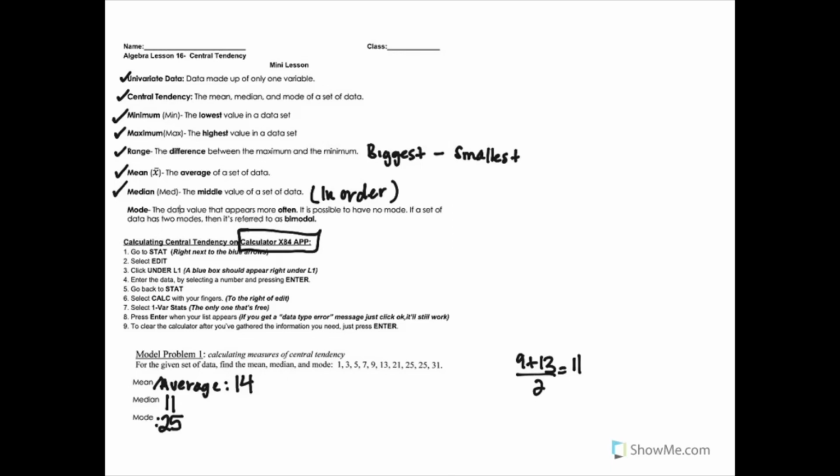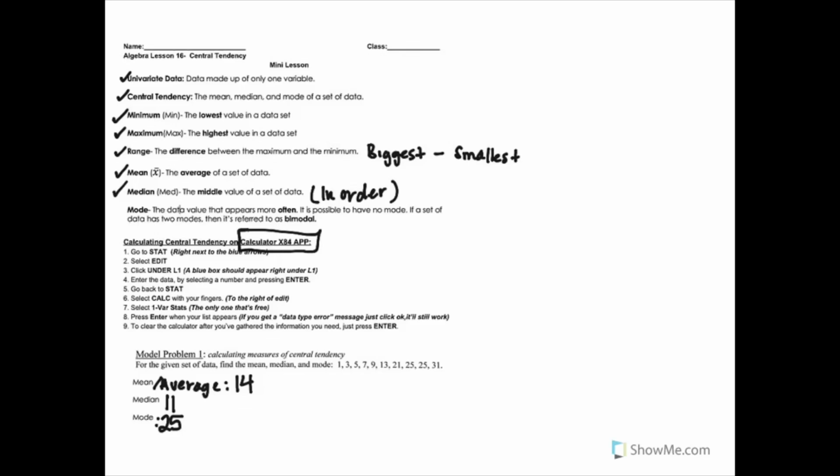as my average. Now that's a lot of work to do by hand sometimes because you might have a set of data points that might have maybe 100 points. So maybe, for example, if I look at all the test scores for the whole entire 8th grade, that's about 125 kids. So it'll take me a long time to figure out what the average of that is by adding all of that up, or it'll take me a long time to figure out what's right in the middle if I have to rearrange everything in order. So that's where the calculator comes in handy,